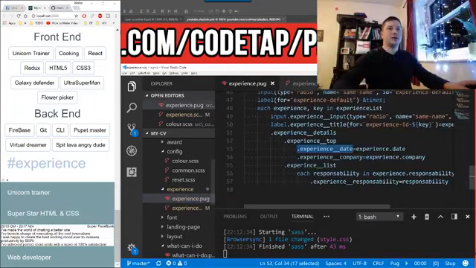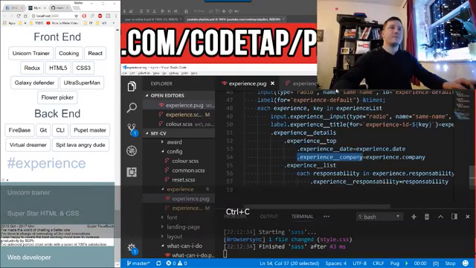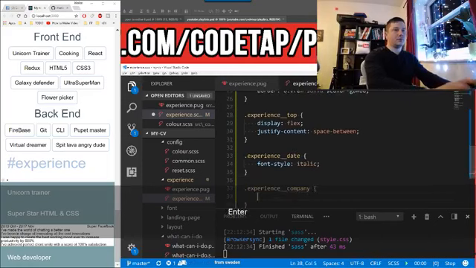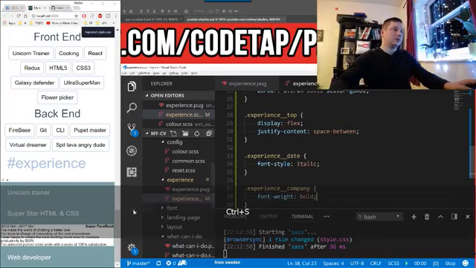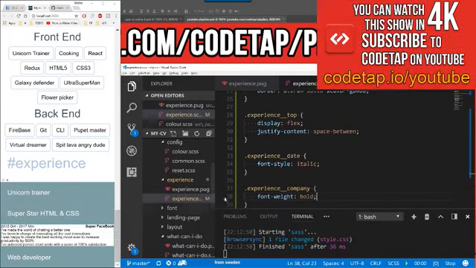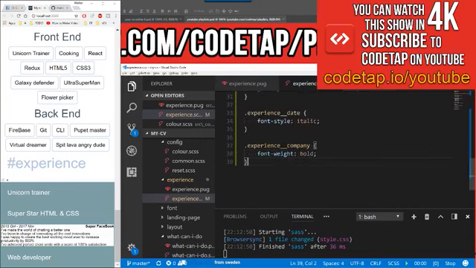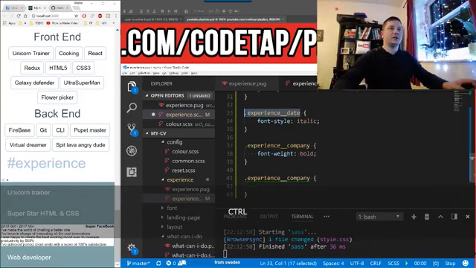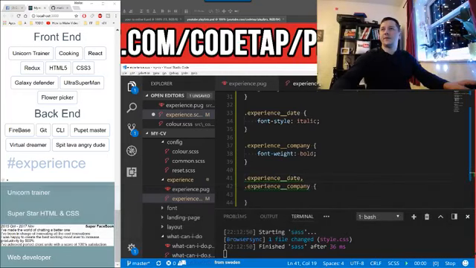And then we got the experience company, and we want to make this bold. Font weight, bold. Okay, and we should add some padding and increase the font size for both of them. So experience company and experience date. Okay, and let's do font size